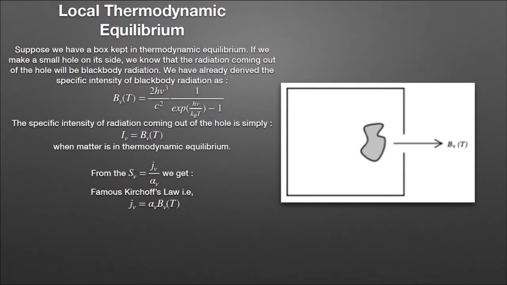So what we can say is that the nature of radiation from an astrophysical source depends on whether the source is optically thick or thin. Radiation from a tenuous nebula is usually in spectral lines. On the other hand, as we have said, the emission of stars is almost like a black body. So now the question is why is it so?